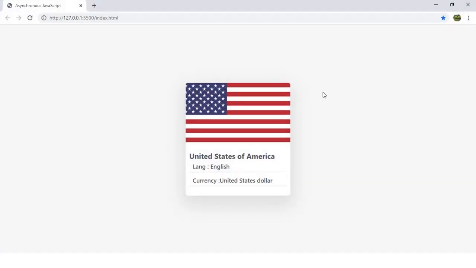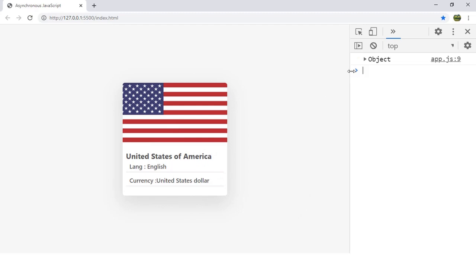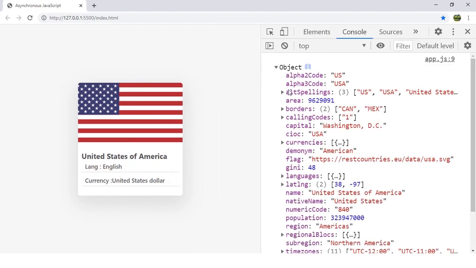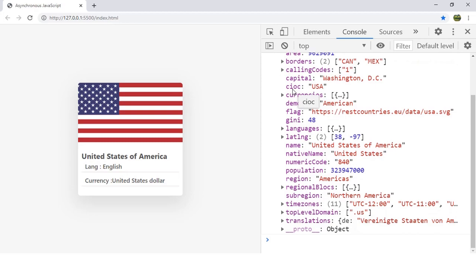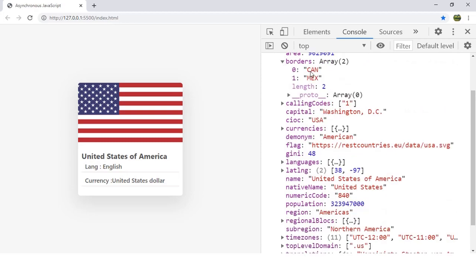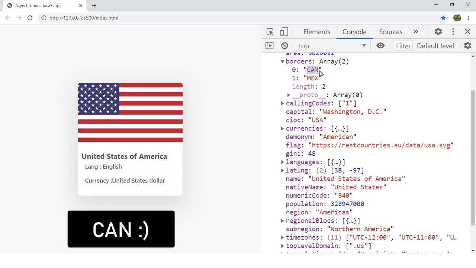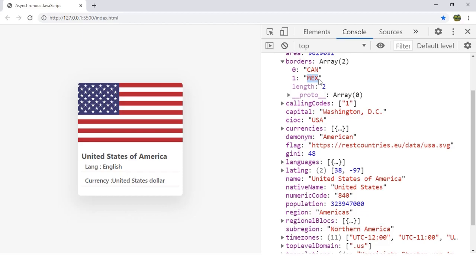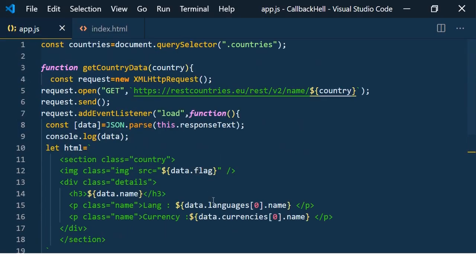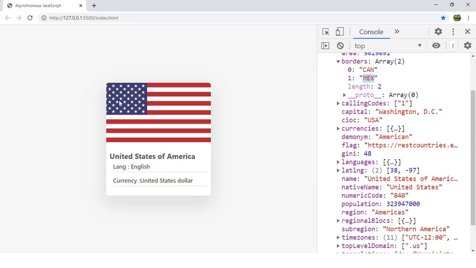Now if we go and see here, we have the object and the USA has the borders and it has two countries, Canada and Mexico. We can see that here CAN is the code for Canada and MEX is the code for Mexico. I would like to load the USA country first, then its neighbors.